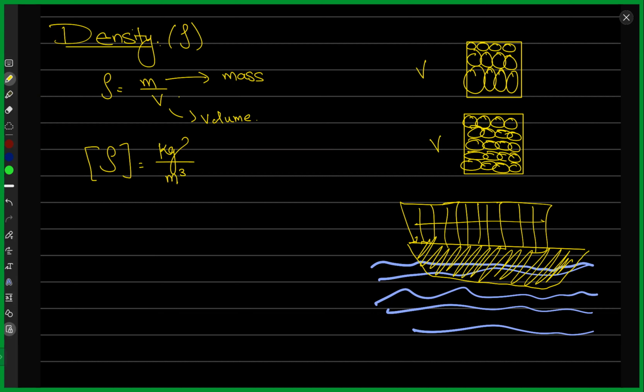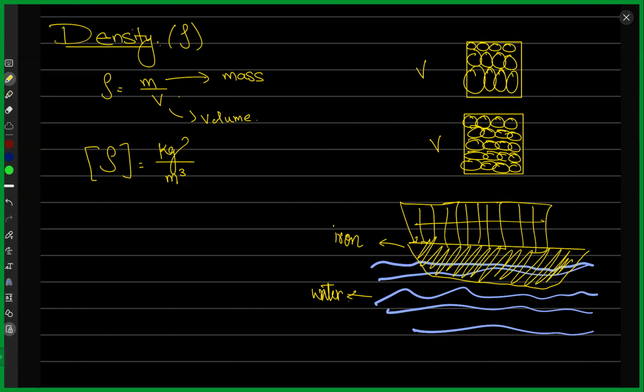So there are two objects. Suppose that the ship is made up of iron, and everything on the ship is made up of iron. And this is water, right? So in terms of density, can you explain in very simple terms why this ship would not sink inside this water? Because its density is lesser than the density of the water. The ship's density is lesser than the density of the water. Exactly. It has empty air compartments, that's very true, right?